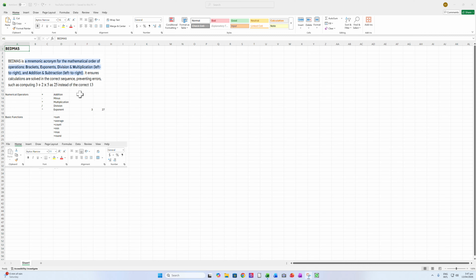You really need to know BEDMAS. I'm assuming most people do, but obviously not everyone will. So you must understand that if you're going to go on to use Excel for some of the formulas you'll encounter later on. I've also put in here the numerical operators: plus, minus, times, division and exponent